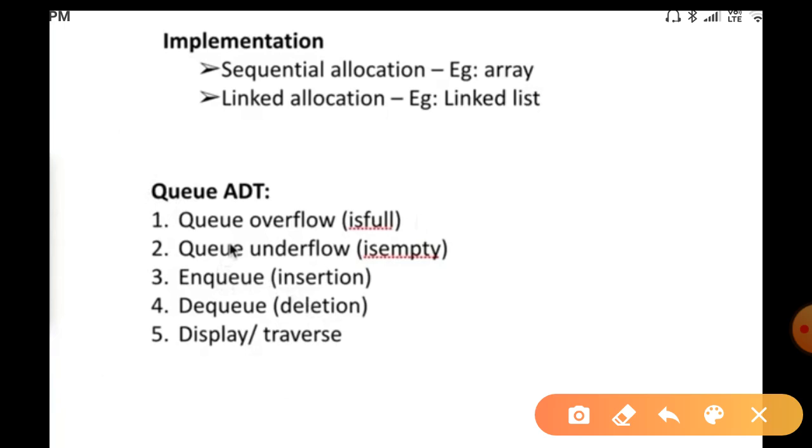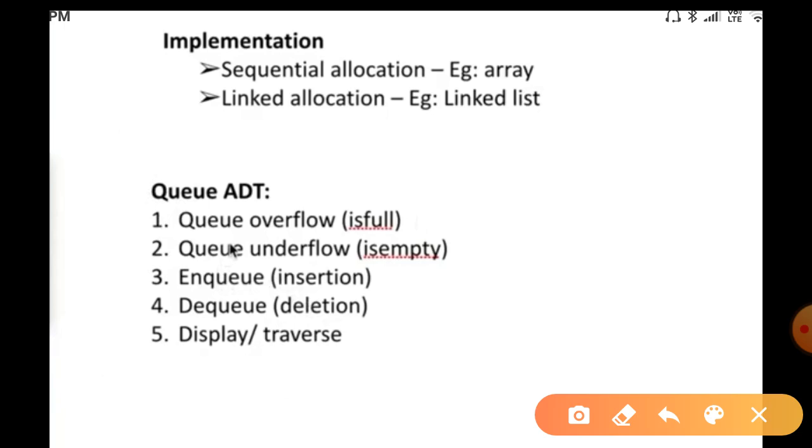We already told underflow and overflow in a previous chapter. Take a bottle that is filled with water, means it is full. Now if you are trying to fill this bottle with water, the water will come out.